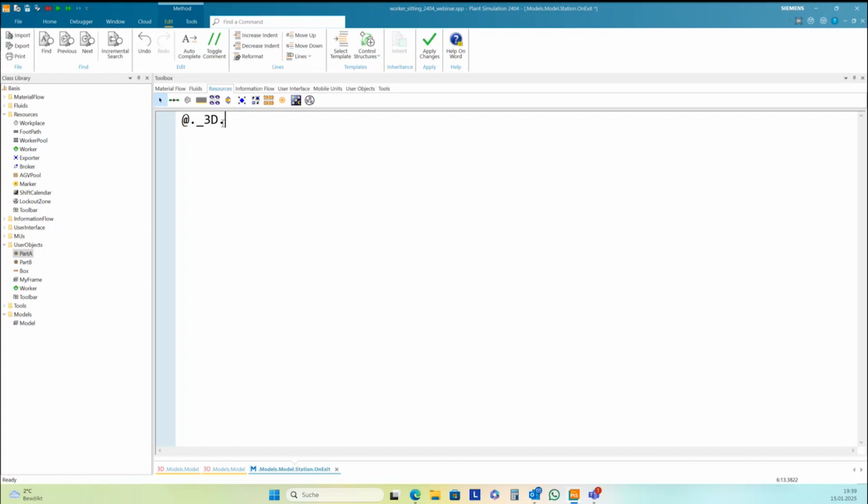Point hide graphic group. Default. And show graphic group. Oh, I forgot it.